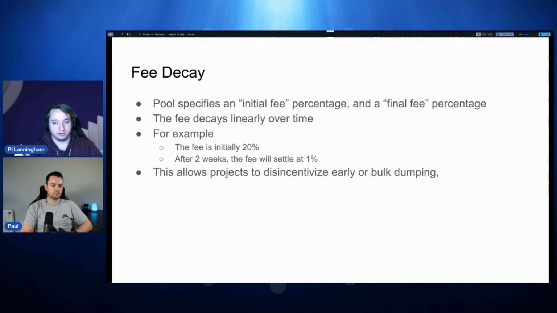So, for example, we saw Optim do something like this, where they initially opened the pool with a 20% fee, and then 24 hours later they opened it at 10%. I forget exactly what step downs they did, but the idea here is to support that naturally and say, hey, as the person opening the pool, you can decide what this curve is. In theory, you could go the other way as well. You could say the first week is going to start at 1% fee and then increase slowly up to a 3% fee or something like that.